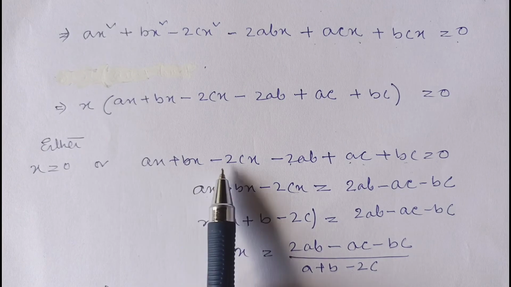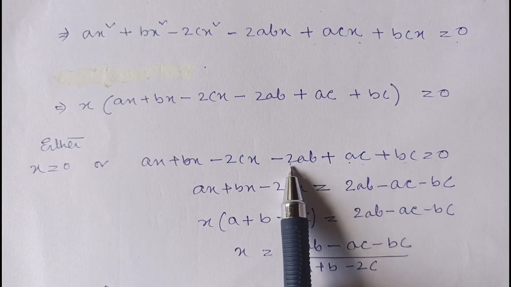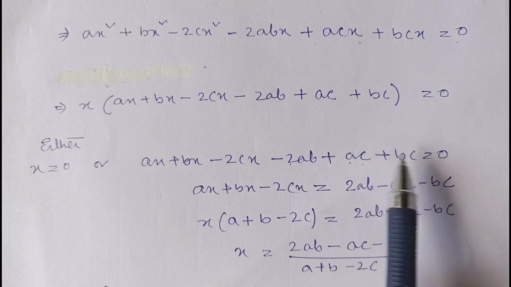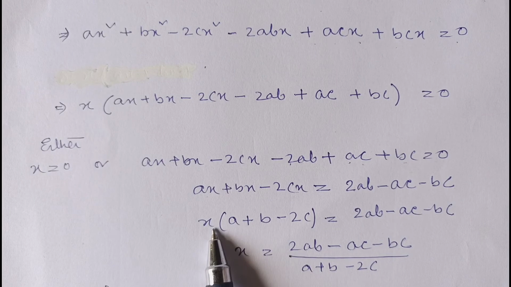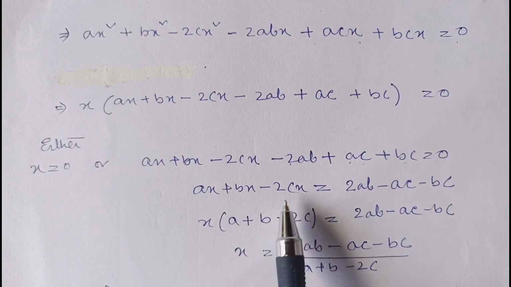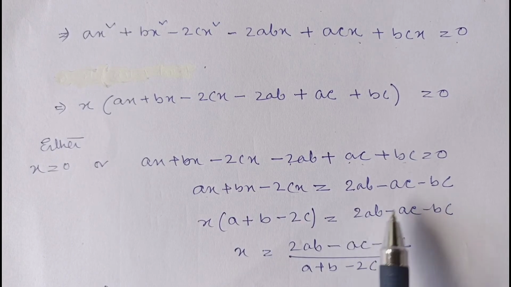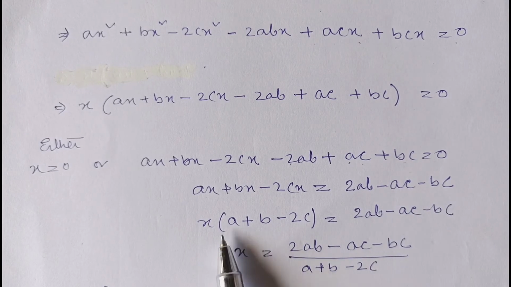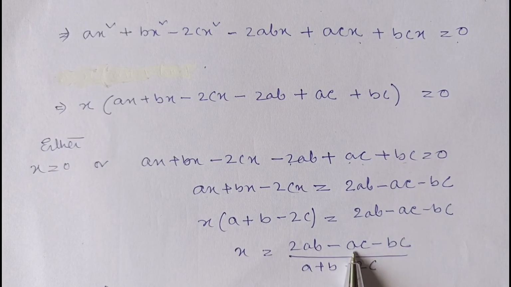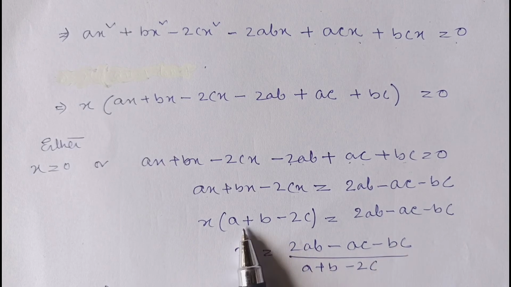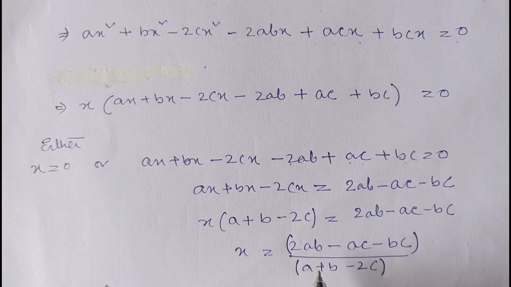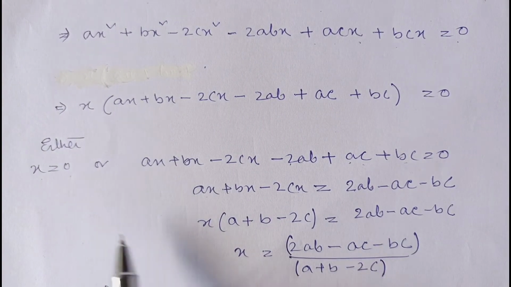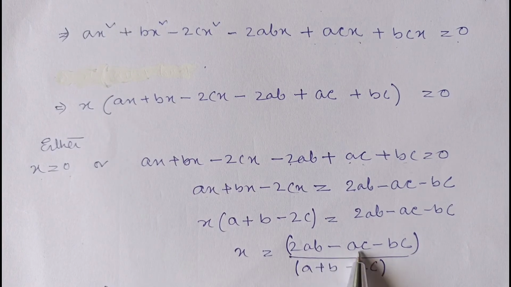Now ax, bx and twice cx we will keep on one side, and minus twice ab, ac and bc we are just transferring to the other side, because here no x is there. From these three I can take x common. It will be a plus b minus twice c equals twice ab minus ac minus bc. Therefore x equals twice ab minus ac minus bc divided by a plus b minus twice c. So the roots of the given equation are either x equals 0 or x equals twice ab minus ac minus bc, whole thing divided by a plus b minus